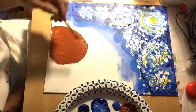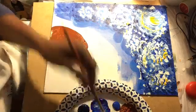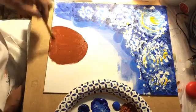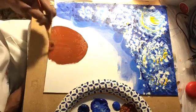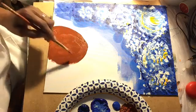And oh, I'm using my medium brush, by the way. I may have to make more than one layer of white. I may have to use my little hair dryer again for that. But I don't know if you guys can see, you can still kind of see the